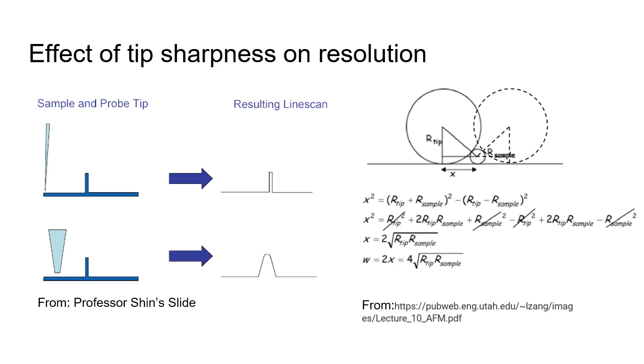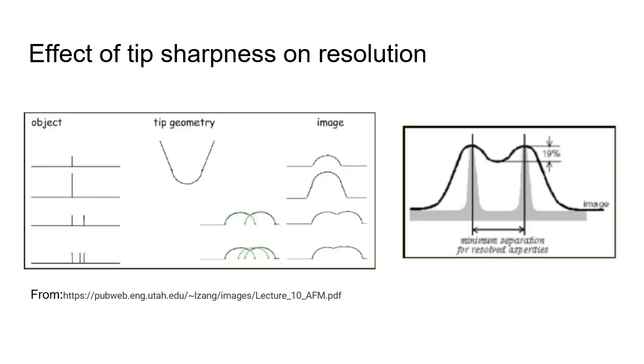Finally, we'll discuss the effect of tip sharpness on resolution of the sample. AFM's feature resolution is not limited by diffraction of an illumination source like other analysis techniques, but is limited by the dimension and geometry of the tip or probe. Larger tips have a hard time distinguishing close adjacent features or holes in the sample, as the tip cannot go inside the little gap. Sharper tips can therefore give higher resolution, but it can be challenging to make ultra-sharp tips